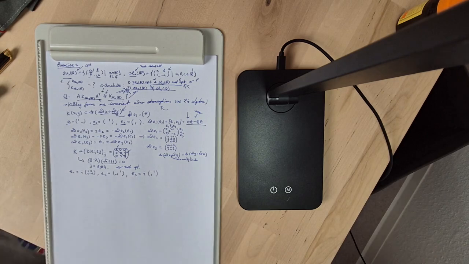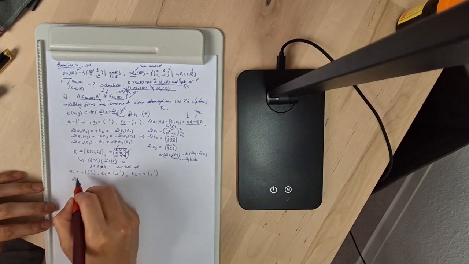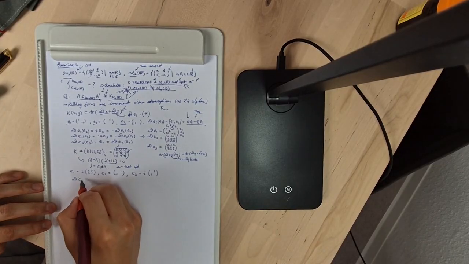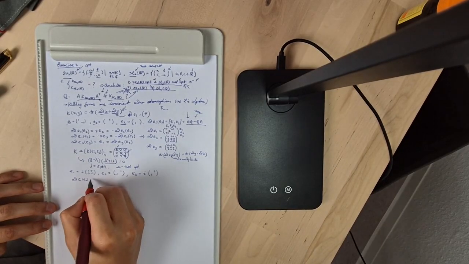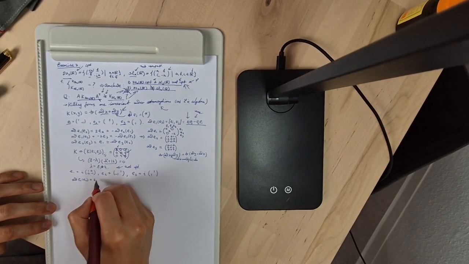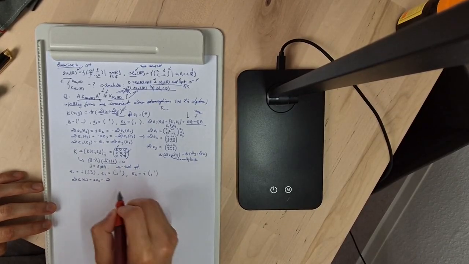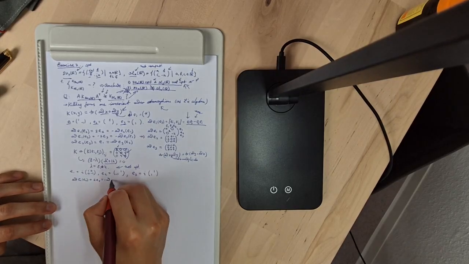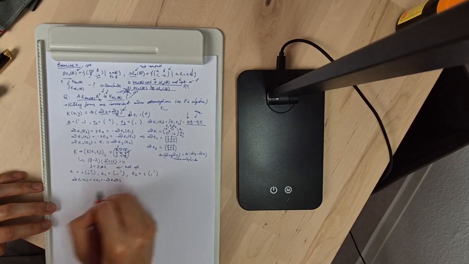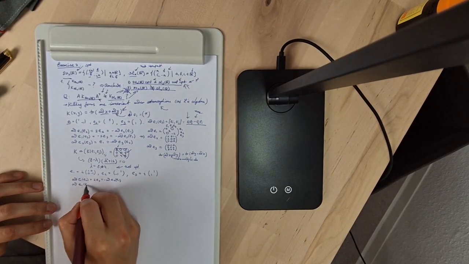So I ran the code and I got E1, E3; E2 is equal to E3, which is minus ad, E2, E1, ad, E1, E3